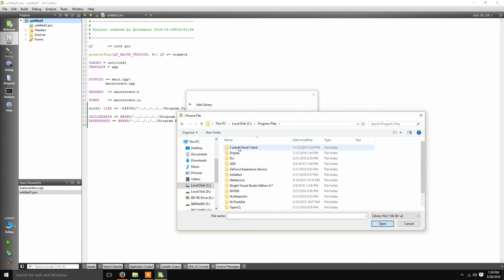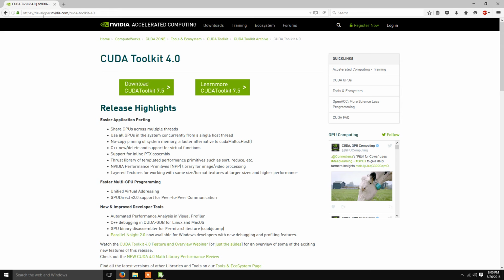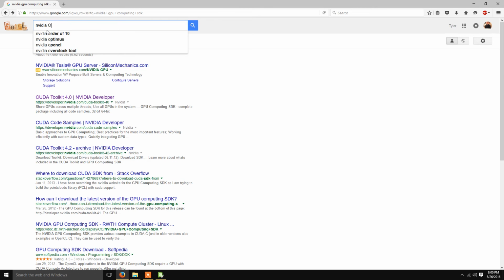So we're going to go to NVIDIA Corporation, and under Installer 2, after I have installed the NVIDIA GPU Computing Toolkit, which you can get by just going straight to NVIDIA's website and going to the developer section and just downloading the CUDA toolkit. And you can actually even just search in NVIDIA OpenCL,